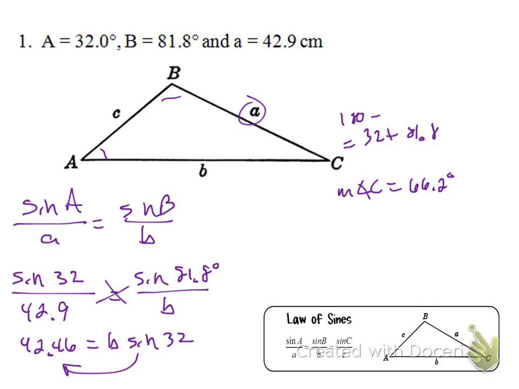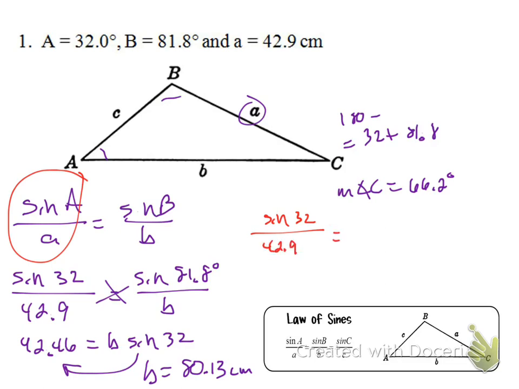Okay, so when you take that decimal and divide it by the sine of 32 degrees, you should get that the length of B is 80.13 centimeters if you round it to the nearest hundredth. Okay? And then to find the length of C, it's going to be the same thing. Now, if I were you, I would continue to use angle A and side A since those two things were given to us. Otherwise, you run the risk of using something that you found, and if you made a mistake, it messes up